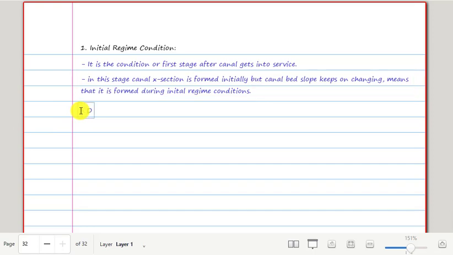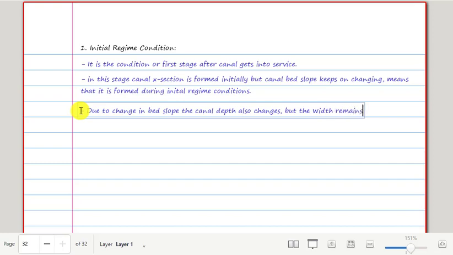So due to this change in bed slope, or we call it longitudinal slope, the canal depth also changes. Okay, obviously if the bed slope or longitudinal slope of the canal will change, ultimately its depth will also change, but the width remains same in this stage. Okay,